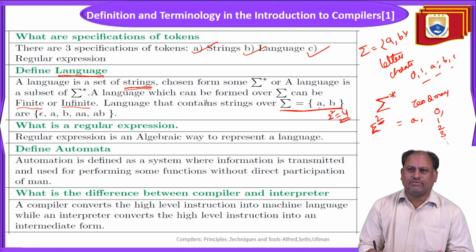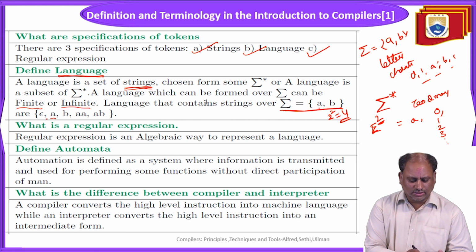So the combination of A, B gives 4 elements. One is epsilon, that is the null string, one empty string; the second one is small a, the third one is small b, and the fourth one is AA, and another one is B. So the number of elements that is to be processed here,